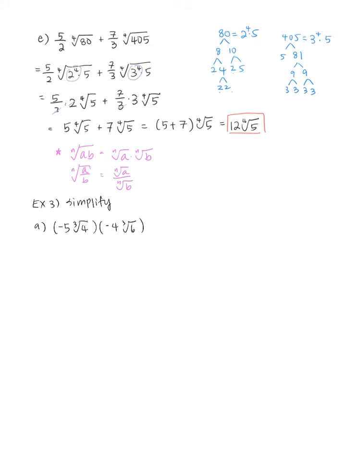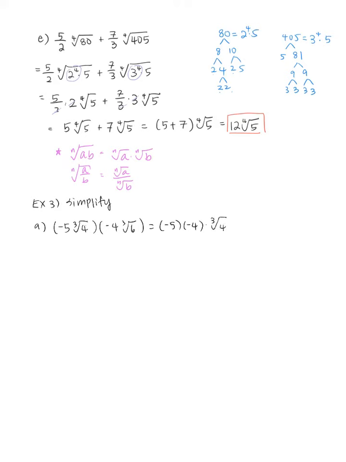Example time. Let's simplify negative 5 cube root of 4, multiplying that by negative 4 times the cube root of 6. Please note that every term is being multiplied. In this case, what you need to do is multiply the numbers together that are outside of the radical, which will be negative 5 times negative 4, and then you want to multiply that by cube root